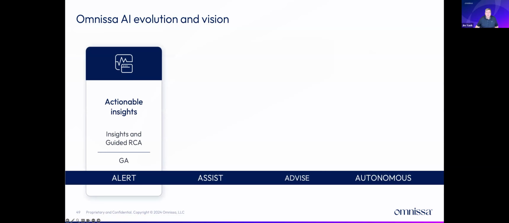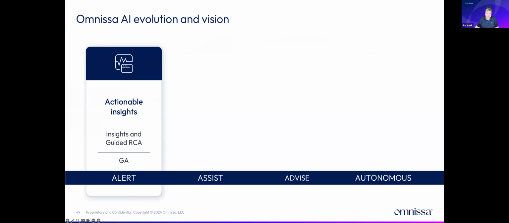Okay, so just going to talk a little bit about AI evolution and vision. We already have some stuff in the platform that is AI, so actionable insights. When we're gathering all this data, as I mentioned earlier, having 32,000 pieces of data times 10,000 desktops is not useful. We have to have some way of parsing it. So we've already got some things around insights where we're seeing this trend and start bringing it to the surface. There's some AI underneath that.